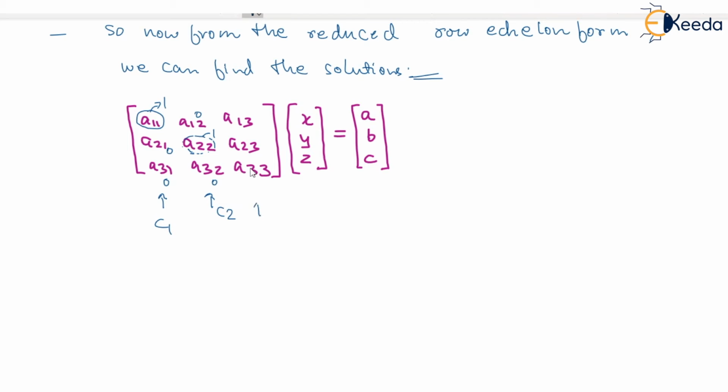Similarly, in the third column, we'll try to make this as 1 and these two entries as 0. And with these operations, we'll get something of this form. The reduced row echelon form will be of this kind.